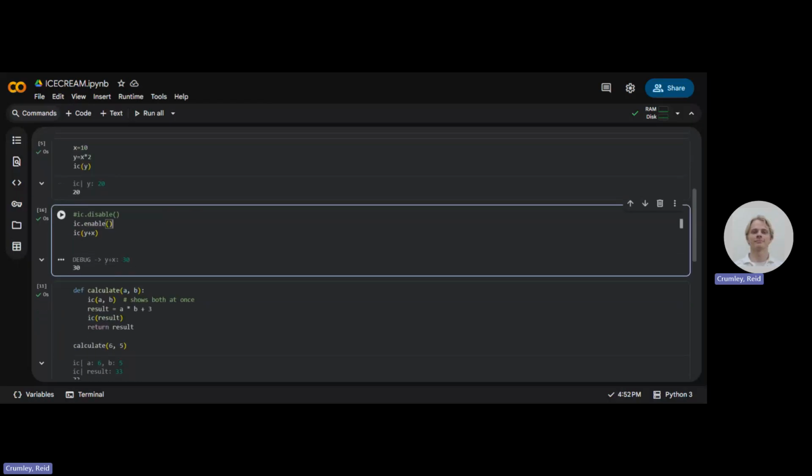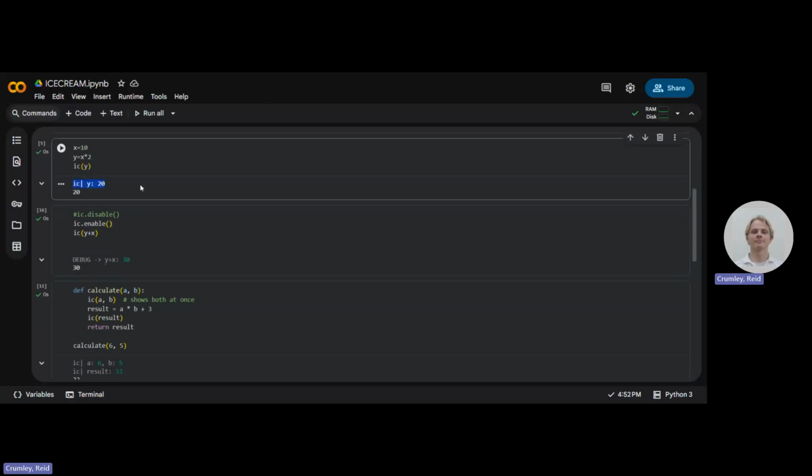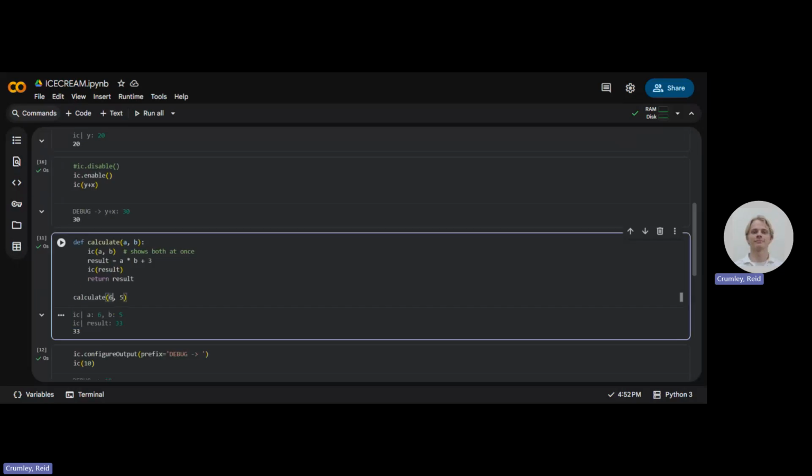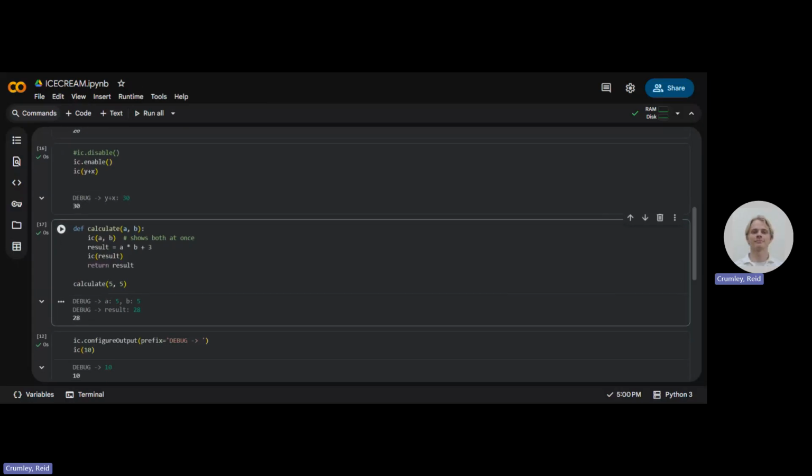The main function is basically just a glorified print that gives you more information. It's like a tutorial on what values are being put into it and what values you're getting out of it. So if I change this to a 5, it would change it to a 5. It changed it to debug here because I had this right here